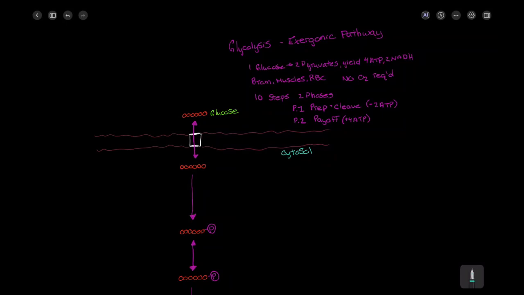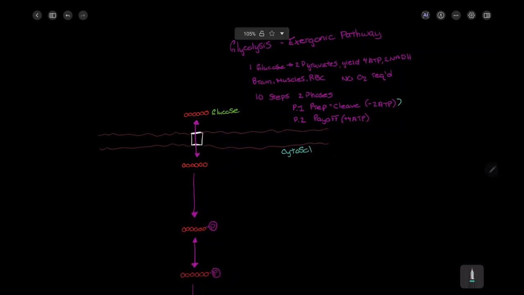Phase 1 is prep and cleave, where we have 2 ATP used to set the molecule up to be split, while phase 2 is our payoff phase, where we get our energy in the form of 4 ATP and our pyruvate. Since we use 2 ATP in phase 1 and generate 4 ATP in phase 2, we have a net of 2 ATP per glucose. This pathway takes place entirely in the cytosol,